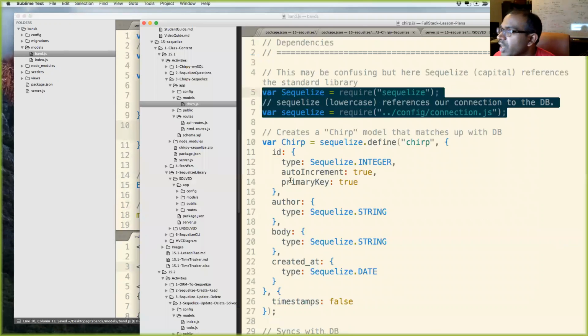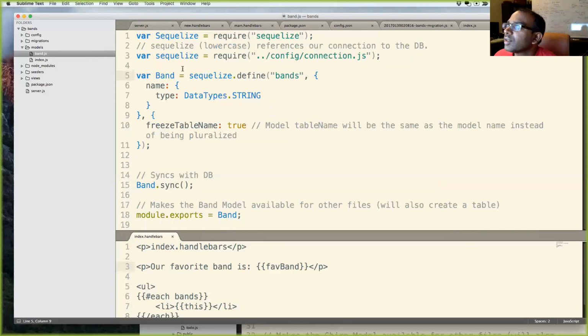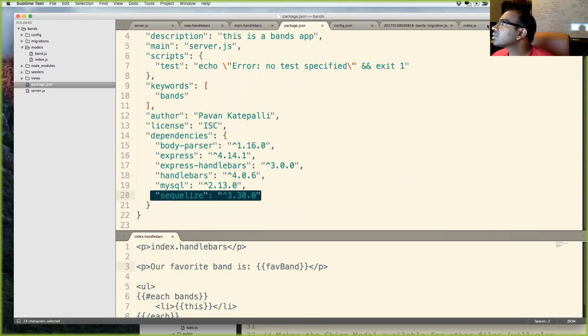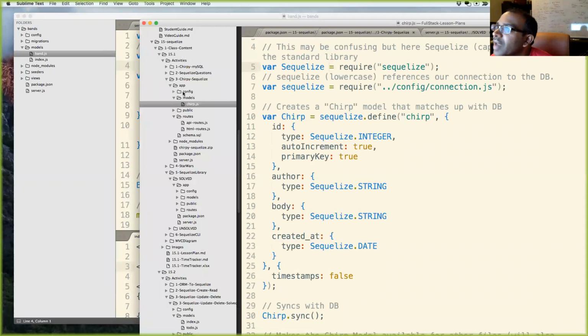Okay, let's take a look over here. Sequelize.define. All right, so do I have a config? Config over here. And over here, this is expecting a connection.